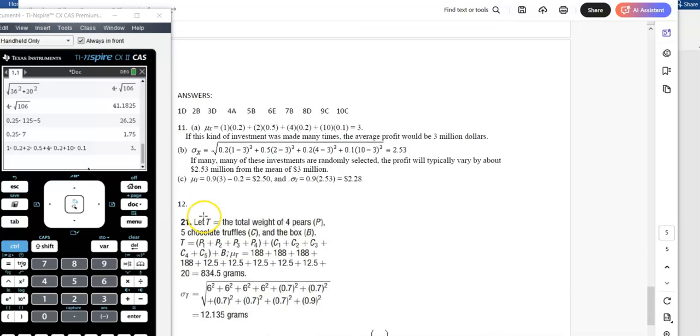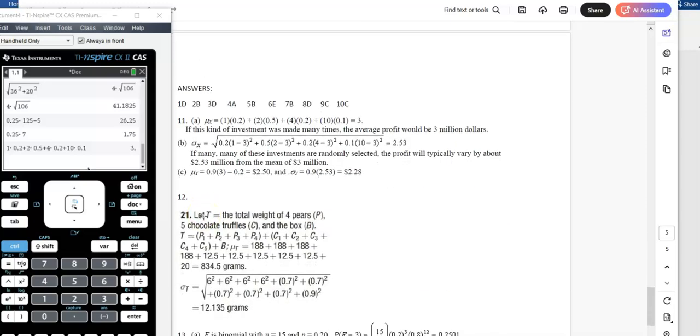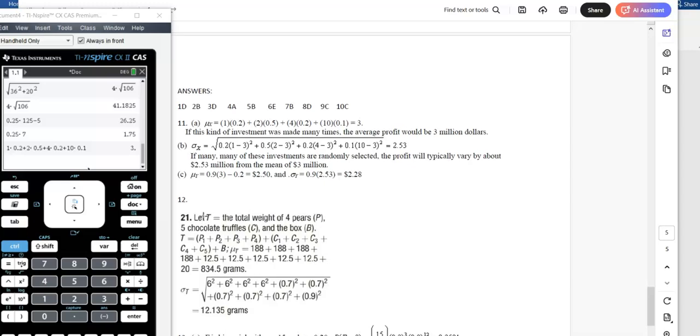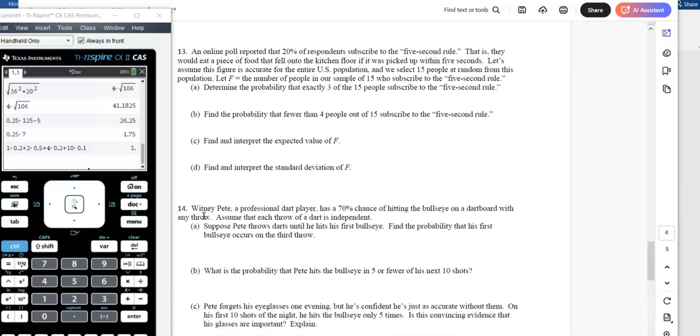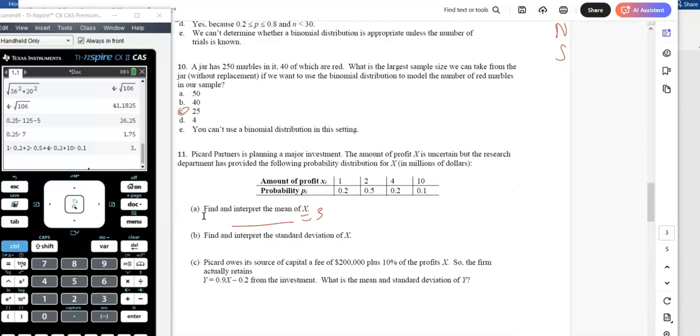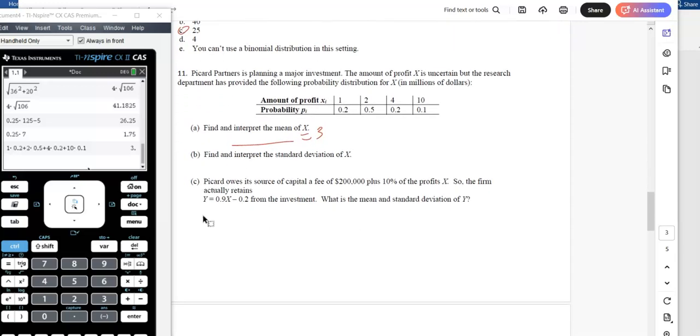I need to look that up, make sure I'm doing it right. If this kind of investment was made many times, the average profit would be $3 million. Okay, it's not terrible. Now I'd interpret the mean and standard deviation, right? So standard deviation for this one would be square root of,